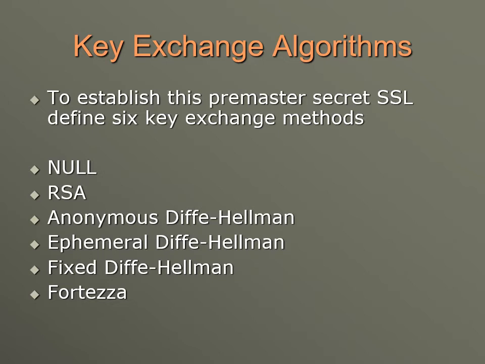In this, each party sends a Diffie-Hellman key signed by its private key. So the receiving party needs to verify the signature by using the public key of the sender. And the public keys for verification are exchanged using either RSA or DSS digital signature certificates. So here in the case of ephemeral Diffie-Hellman, as the messages are signed by the sender and verified by the receiver, it is not possible for the intruder to attempt the man-in-the-middle attack. Then comes the fixed Diffie-Hellman.